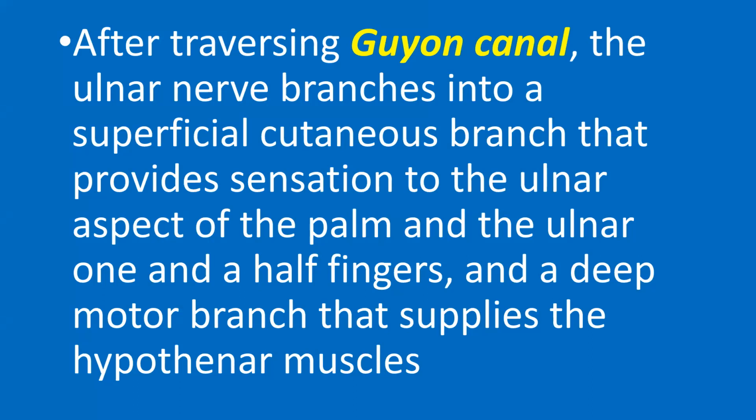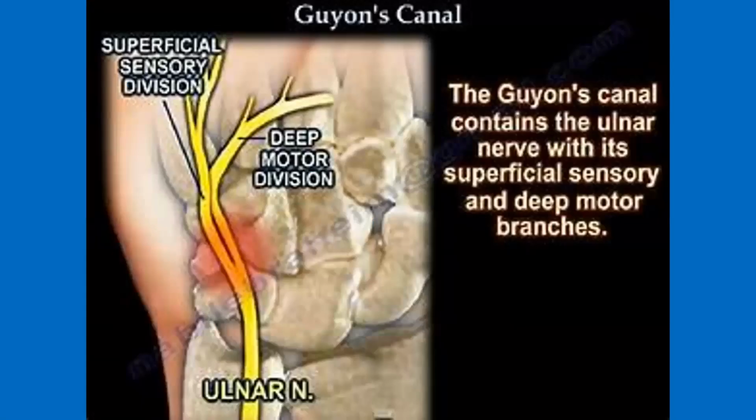After traversing the Guyon canal, the ulnar nerve branches into the superficial cutaneous branch that provides sensation to the ulnar aspect of the palm and the ulnar 1.5 fingers, and the deep motor branch that supplies the hypothenar muscles. This shows you the ulnar nerve. The ulnar nerve lies medial to the vessel. So if you're asked this, you have to know that the artery is more lateral, and it